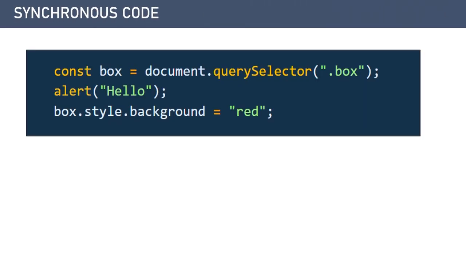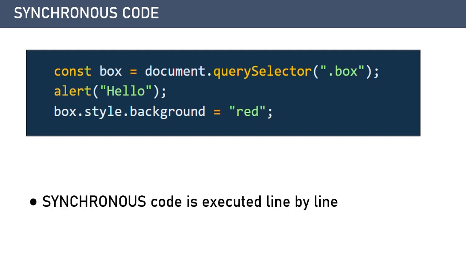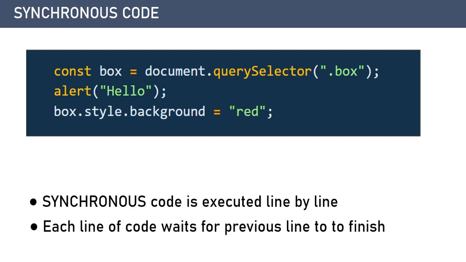First we see synchronous code, which is the opposite of asynchronous code. Let's say we have three lines of code like this. Synchronous code will execute line by line, and each line of the code has to wait until its previous line to finish its execution. Means here the first line of the code, which selects the element using the class name,